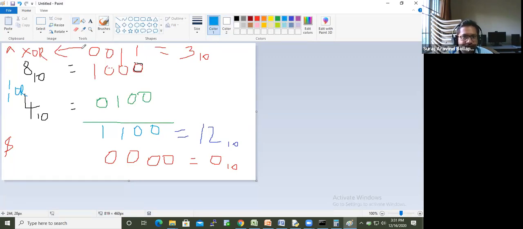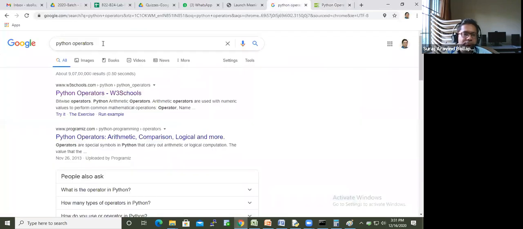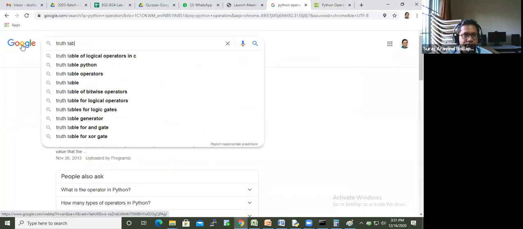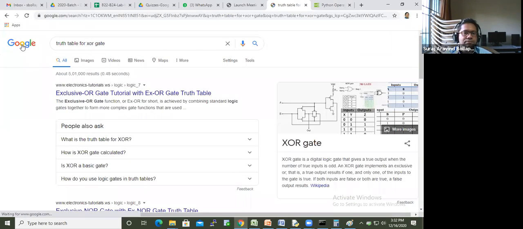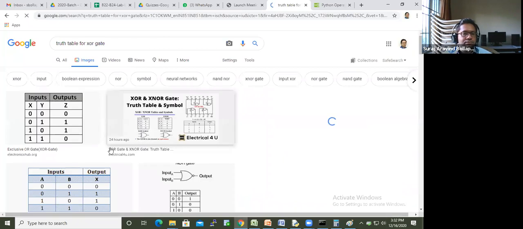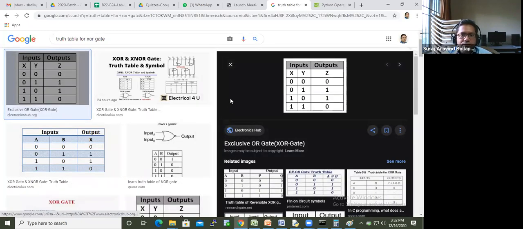Now, when there is ambiguity, let us check the truth table for XOR. When both are the same, output is 0.